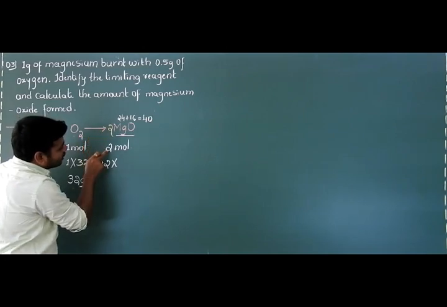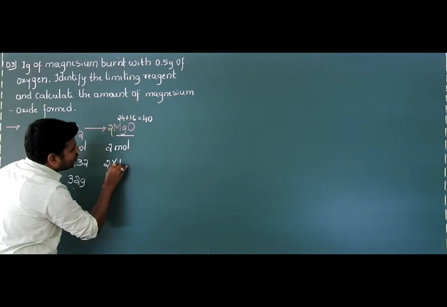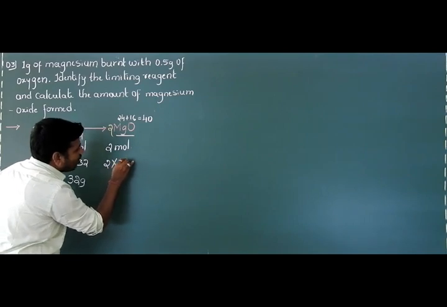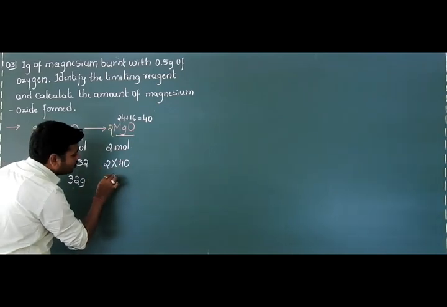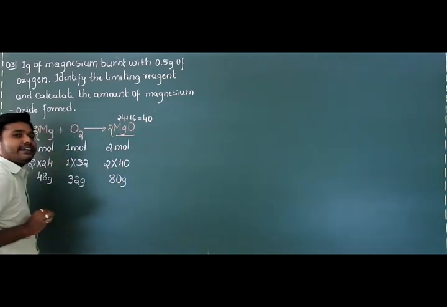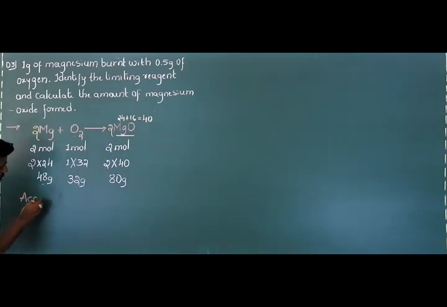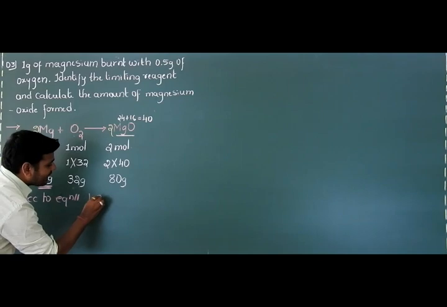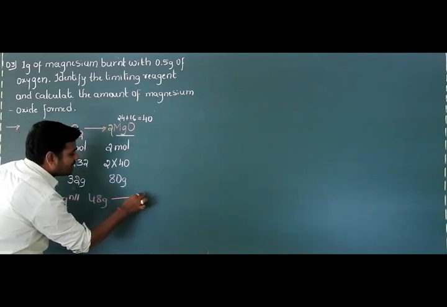Like there are 2 moles. You keep this coefficient as it is. So 2 into the gram molecular mass of magnesium oxide, which is 40. Now 40 into 2, 80 gram. This is in terms of mass of the chemical substance. Students, according to this balanced chemical equation, 48 gram of magnesium burns with 32